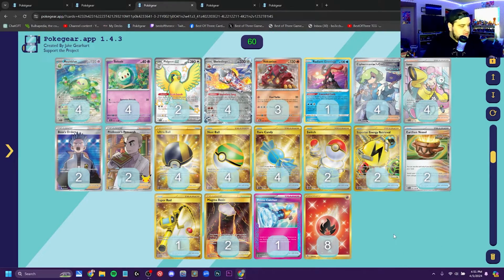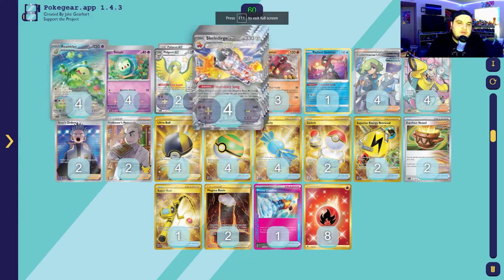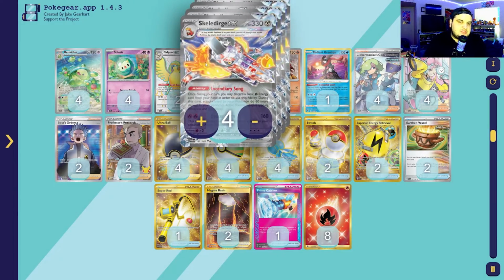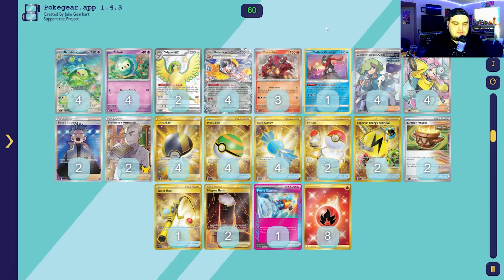This next one is another really cool concept. We're using Reuniclus to summon out Skeledirge ex, which has the Incendiary Song ability, which says you can discard a basic Fire Energy, and then during this turn, all of your Pokemon's attacks do an additional 60 more damage. And notably, this does stack. So if we manage to get 2 or 3 Skeledirges, we can discard some fire energies, do 60, 120,